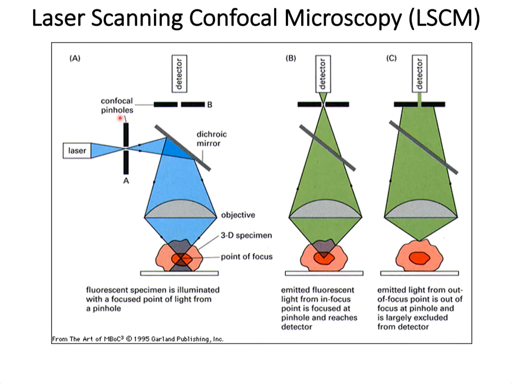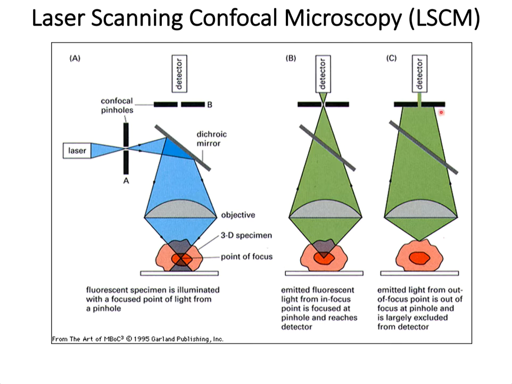The pinhole focuses light on the specimen and the specimen fluoresces. As shown in B, that light is emitted from the sample at the point of focus and easily passes through the confocal pinhole to be received by the detector and seen on the computer screen. But here is the beauty of the confocal microscopy. Any light that is not coming from the plane of focus, as in C, will be largely excluded, if not